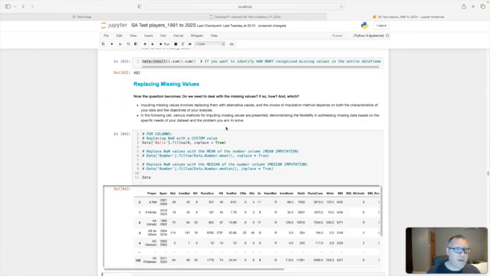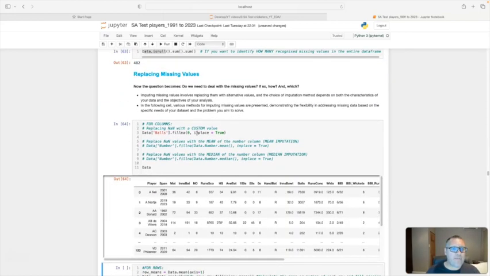If you run this line of code, what I've done over here is I have given you some code that you can use if you want. Now I haven't inputted this code because there's certain things I want to do. This line of code over here allows you to replace all the missing values with a mean. This line over here replaces all the missing values with a median. So you can decide based on your domain knowledge, based on what you think is most appropriate to analyze the data. I don't think inputting the mean or the median is relevant for the data on South African cricket test